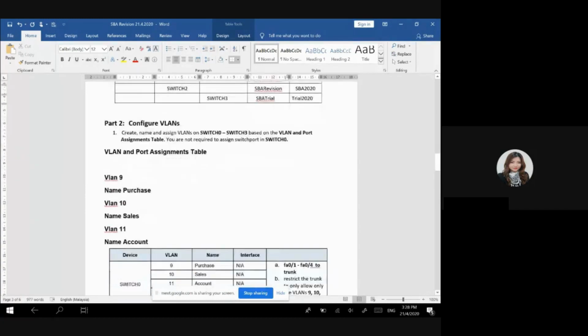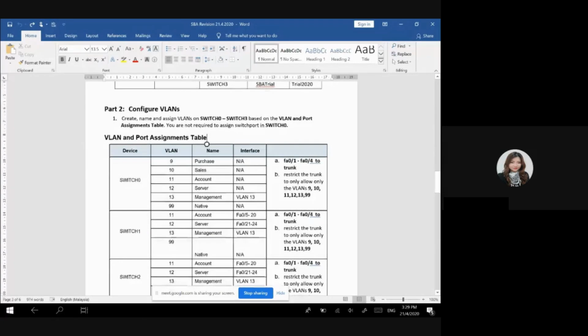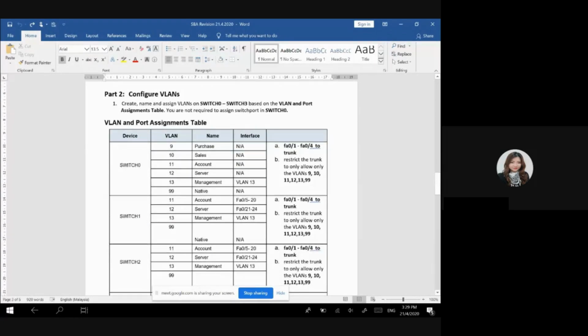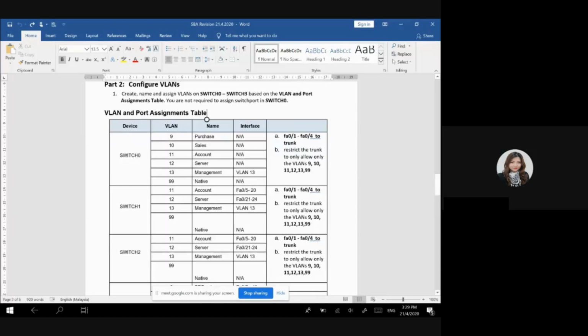Okay, now let's move on to part 2. Configure the VLAN. Now create, name, and assign VLANs on switch 0 to 3 based on the VLAN and port assignment table. You are not required to assign switch ports in switch 0. Now, it is already mentioned to you, you don't require anything in the port assignment of the switch